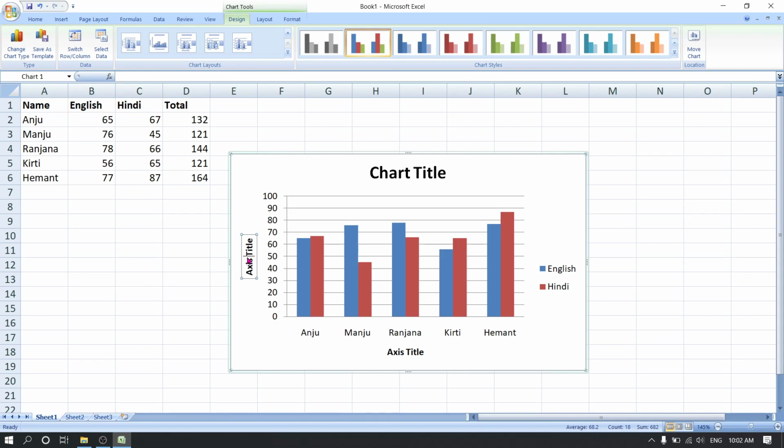Now in the axis title you can write here marks, and write here student names, chart title, exam. So this is how you make a chart.